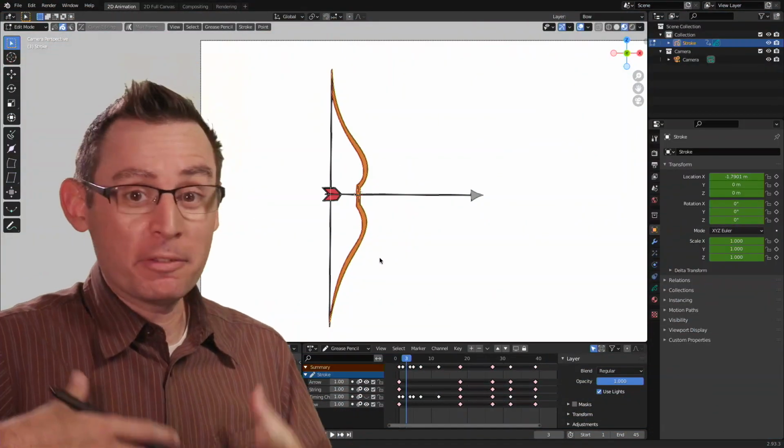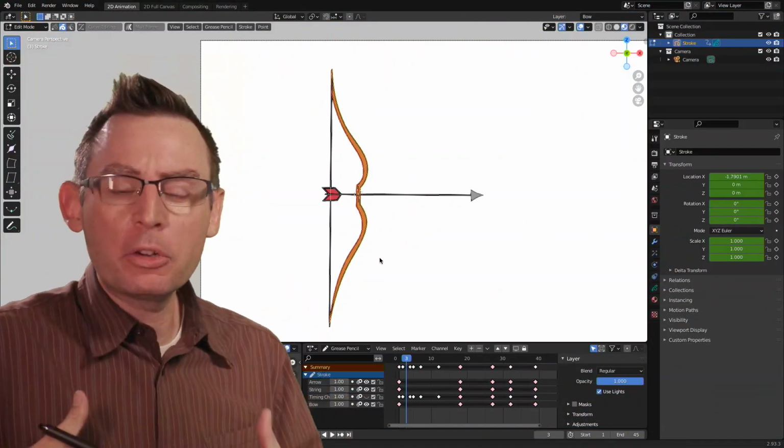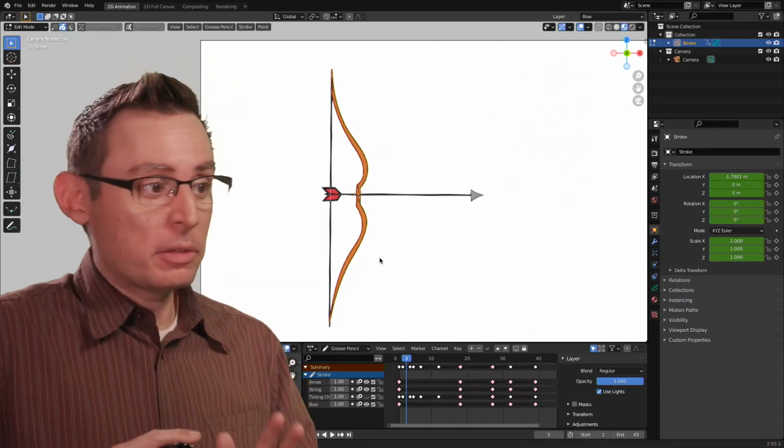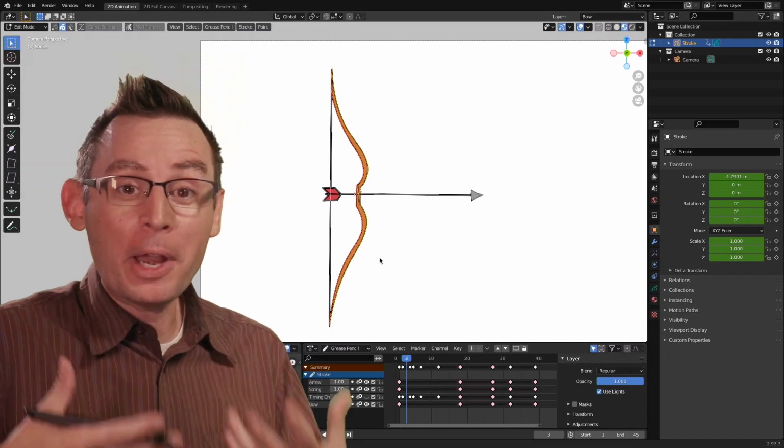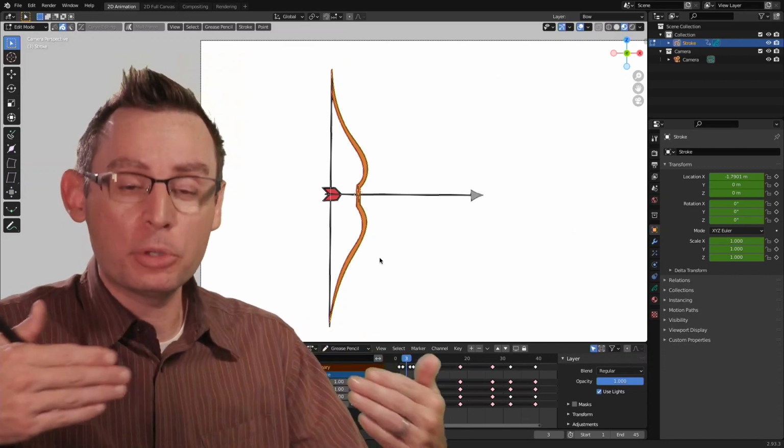I'm really quite happy with the progress that I'm making on my animation. I've blocked out all the keyframes. I've created some really wonderful pieces of artwork that I think capture the movement. I've timed everything out, and now I'm ready to start making all of my in-between frames.